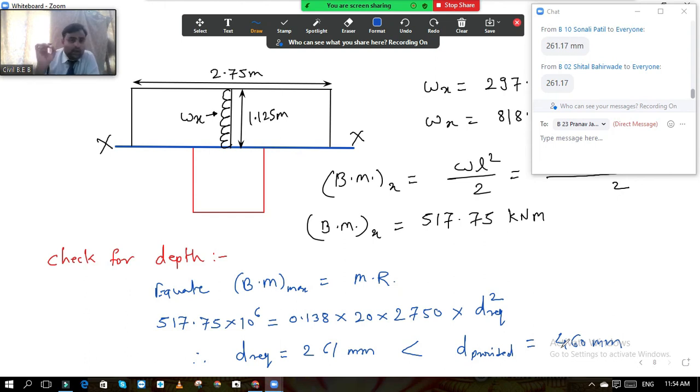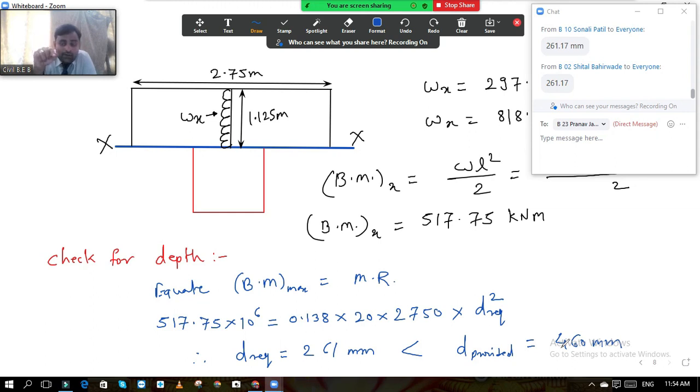See, if you calculate the depth from bending moment in the first step, the way we have solved the problem now, then our checks are satisfied. If you calculate the bending moment first, then provide the depth, and take the check for depth from bending moment, then it is fine, the check is safe. But if you take the same depth, that is 261, you will finalize the depth at 265, maximum 270.